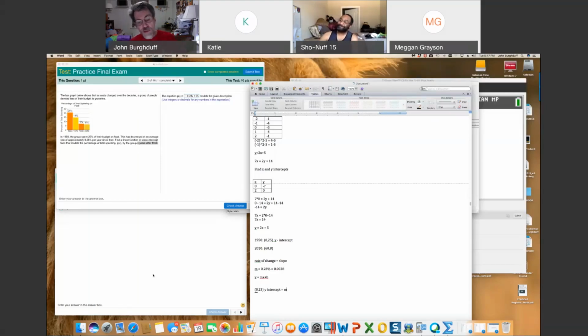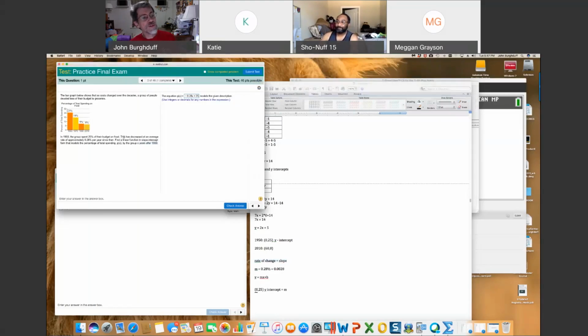The slope is always the rate of change. That's what you want to hang on to, that rate of change equals slope. So whenever they talk about, and you just look for keywords, here's what I'd be looking at. This has decreased at an average rate, that word right there. When I see that word rate, I realize, oh, they're trying to tell me what the slope is. And then the next number that follows that should be the slope,